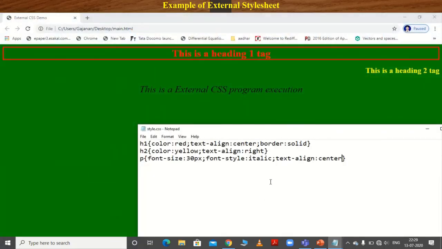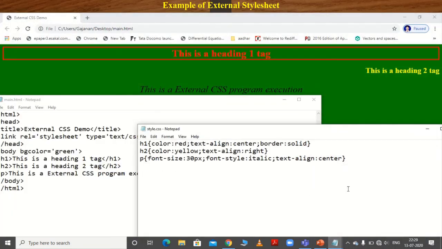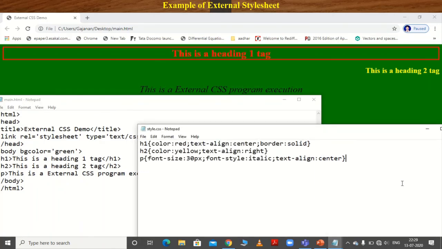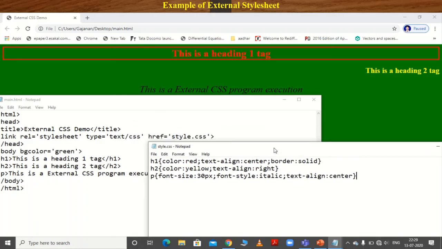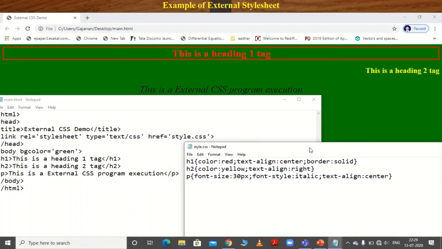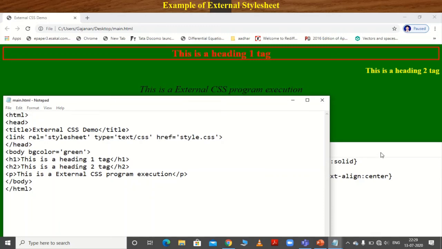So in this way we conclude that when one profile is edited or changed, then all the changes are applied to your main page. Clear? So this is the execution of the external CSS.